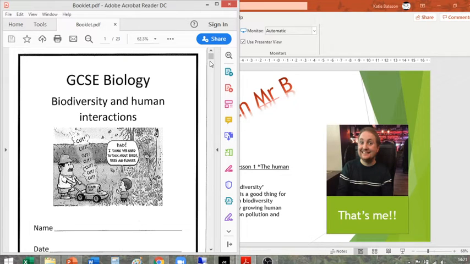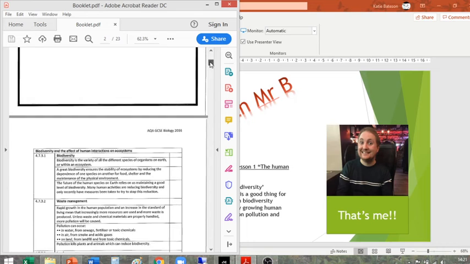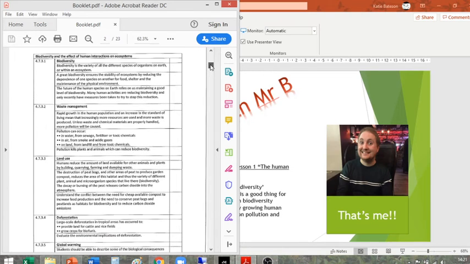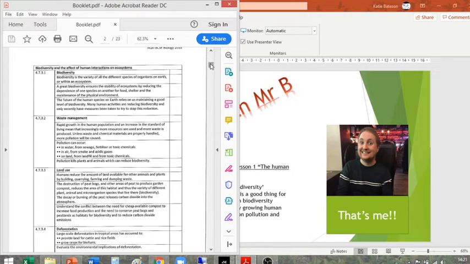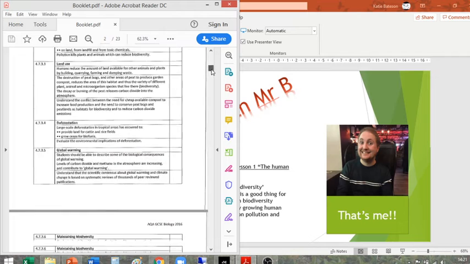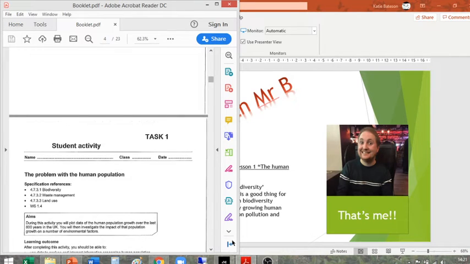The problem we've got is it comes up a lot. And if your language isn't perfect, if you are not delivering the spec point to the examiner almost word for word, you do not get full credit. So as we're going through this, I need you constantly to be looking back at these spec points and making sure that not only are you confident with the ideas, but you're confident describing those ideas using the right terminology. So, today,